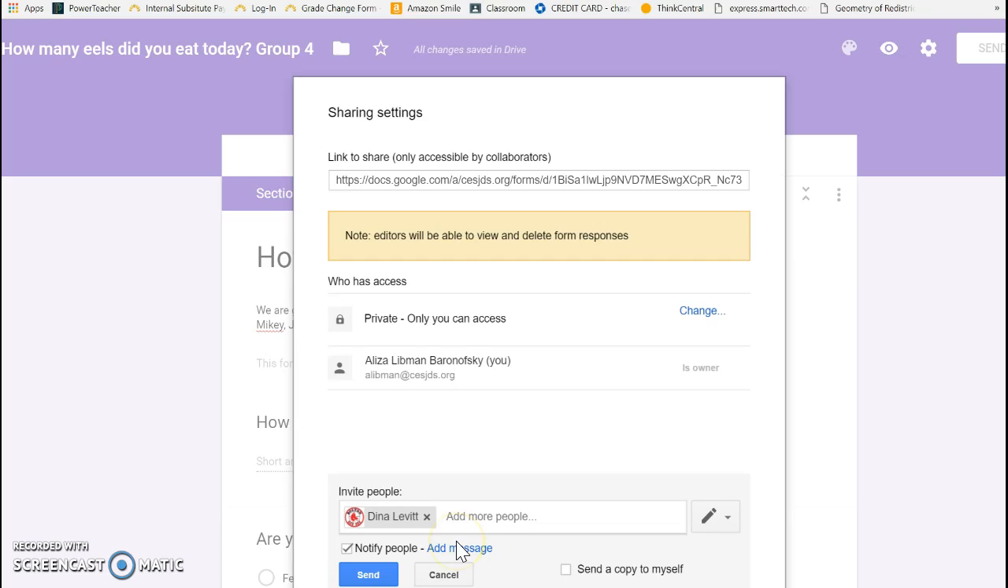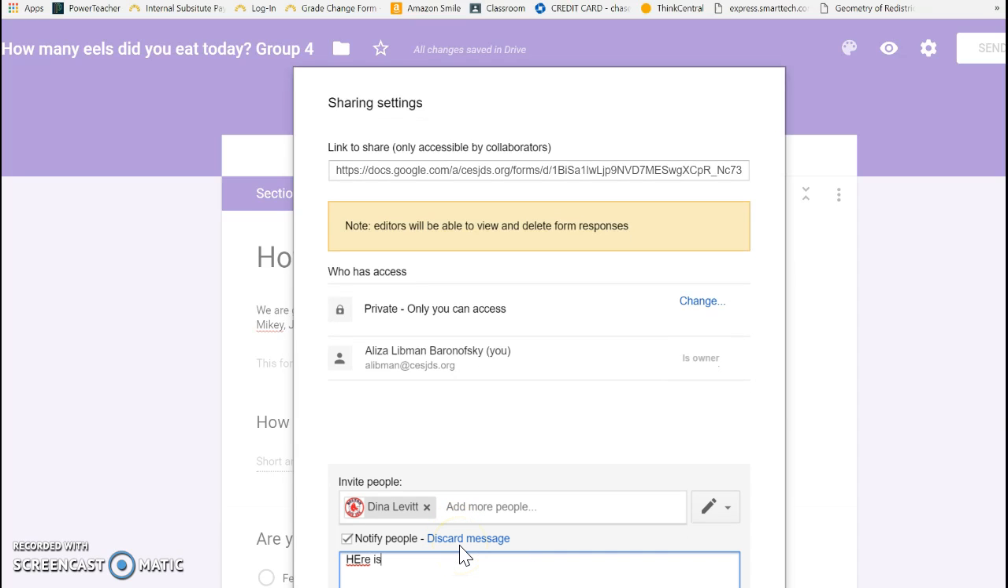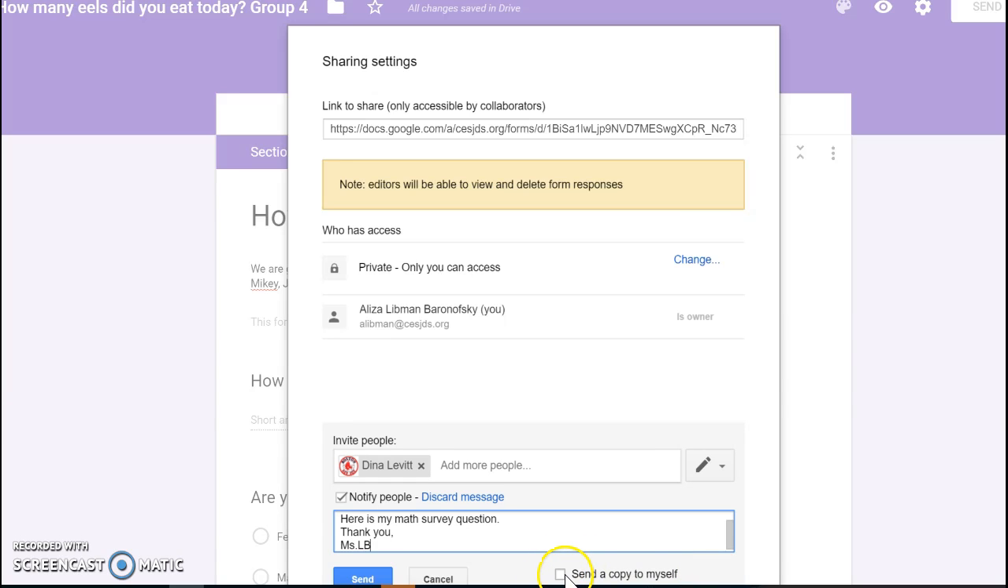I can add a message, right? Here I'm going to use proper email etiquette. So I'm going to write, Dear Mrs. Levitt, here is my math homework. Thank you. And then I'll write Ms. LB, right? And then I'll hit send, okay? I can also, you guys can't see this part, I'll show you. You also can send a copy to yourself, so you have a record of it, okay? Sometimes it's nice to do that just in case there's any question about whether you did the right thing. Okay, and then we